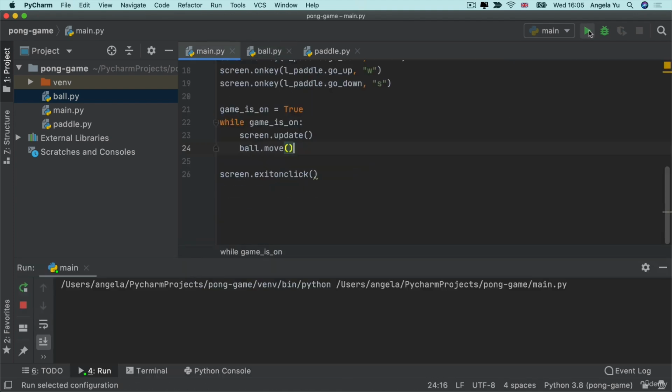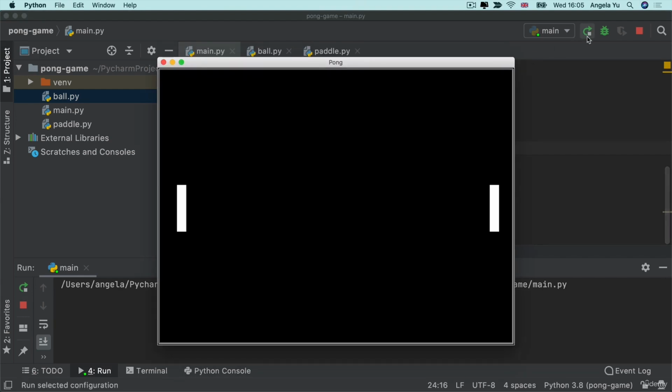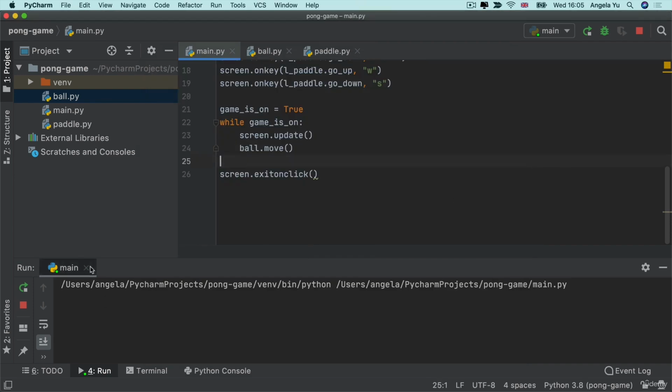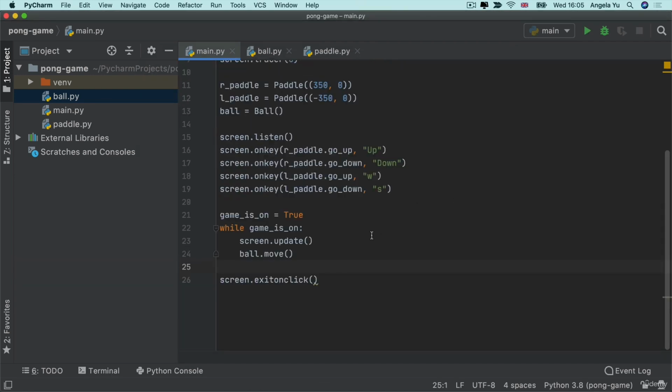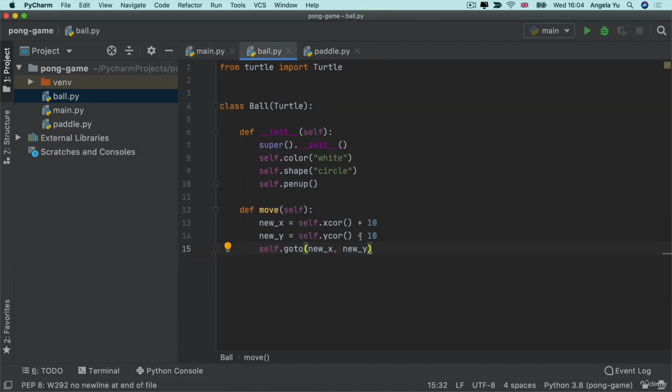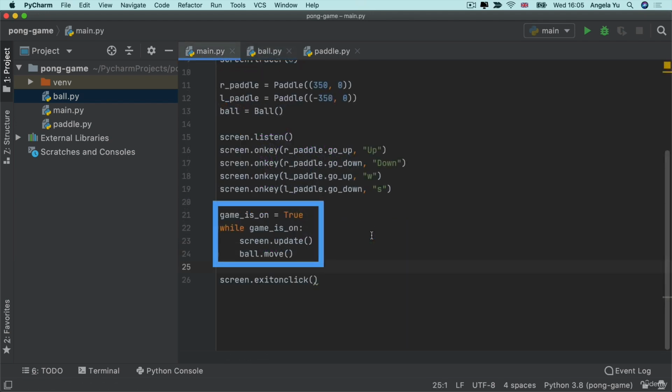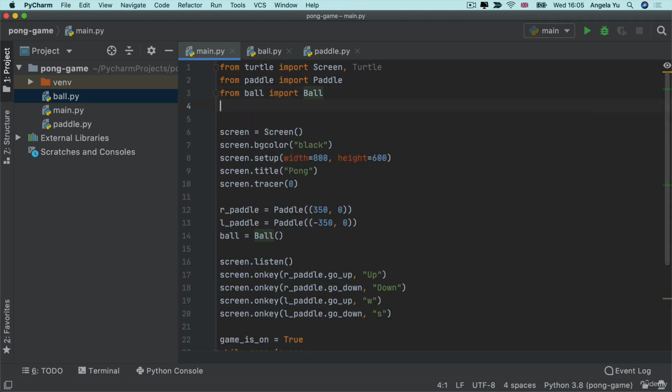So now when we run our code, you can see that our ball immediately goes off the screen to the top right corner. If we want the ball to slow down a little bit, we can do one of two things. Either we can go into the move method and change this 10 here to say a 1. That way, every time our loop runs, our ball will only move 1 pixel. Alternatively, we can pause the loop for a short time during each iteration. Moving the ball a tiny amount does work, but I'm going to go with the second option